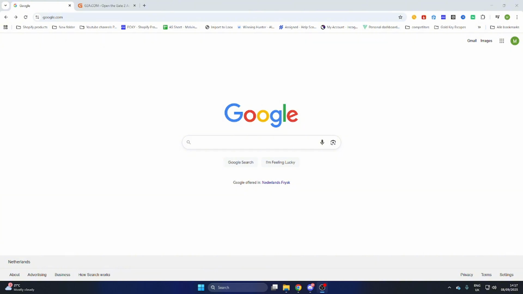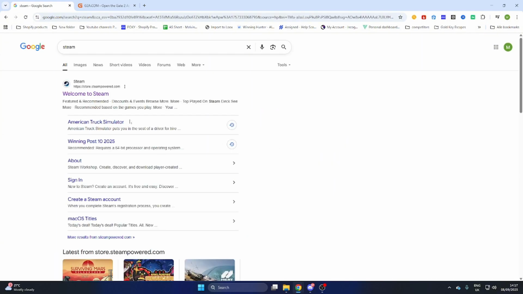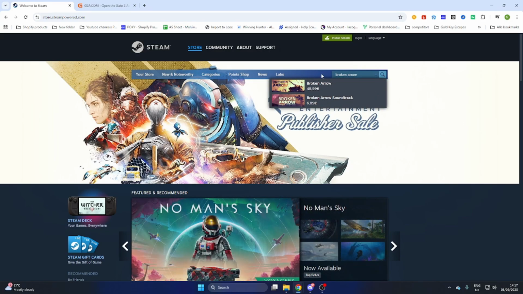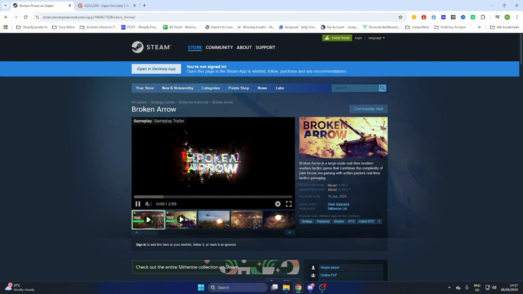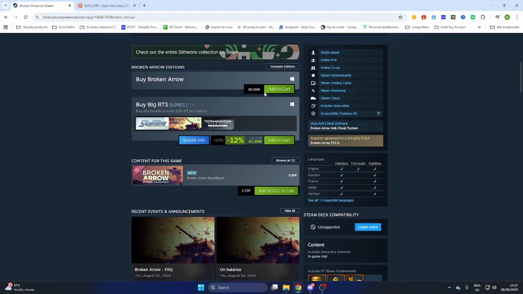Now, what we will do, we will search up this game on Steam, and after that we will continue to another website to download this game. So first go to the Steam website to quickly compare the price, and once you have opened the Steam website, we will search for the game Broken Arrow. Now, if you have found it, select it, scroll a little bit down and you will find out this game starts at